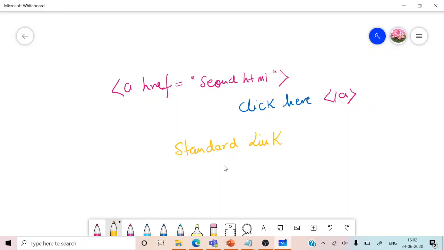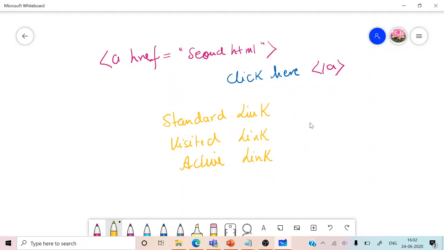Then there is a link which is visited. A link is in a visited state. So they are the different states of links. Then there is an active link. Active is another state of a link. And another is when we are hovering the mouse over the link, so that is the hover status.